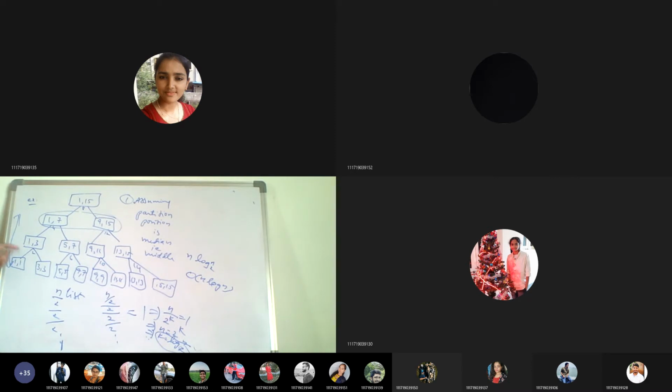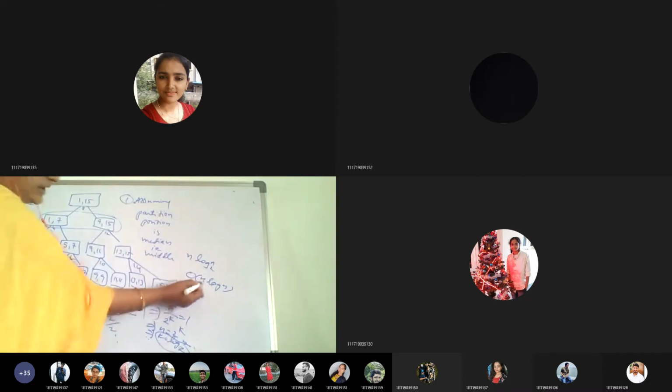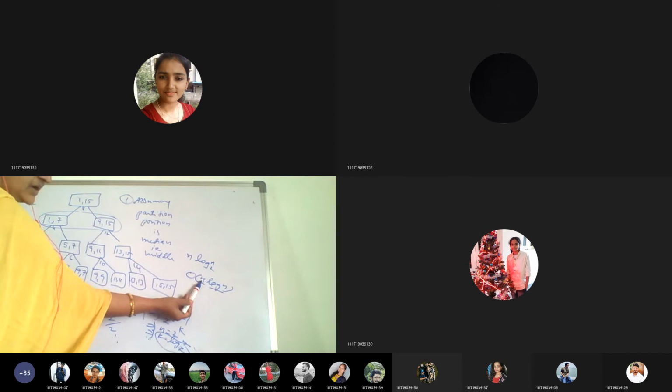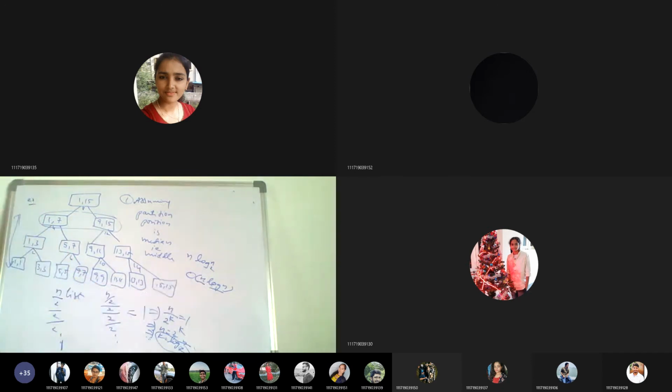Finding out the time complexity of quick sort is n log n. Here we need n partitioning, so the partition algorithm takes O of n time. Since we are representing that in the tree structure, the height of the tree is log n. So for n partitioning elements and a tree height of log n, this is n log n.